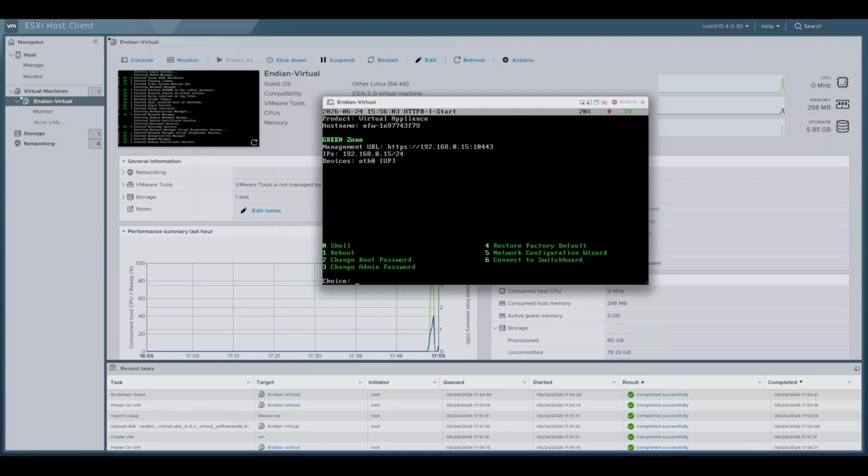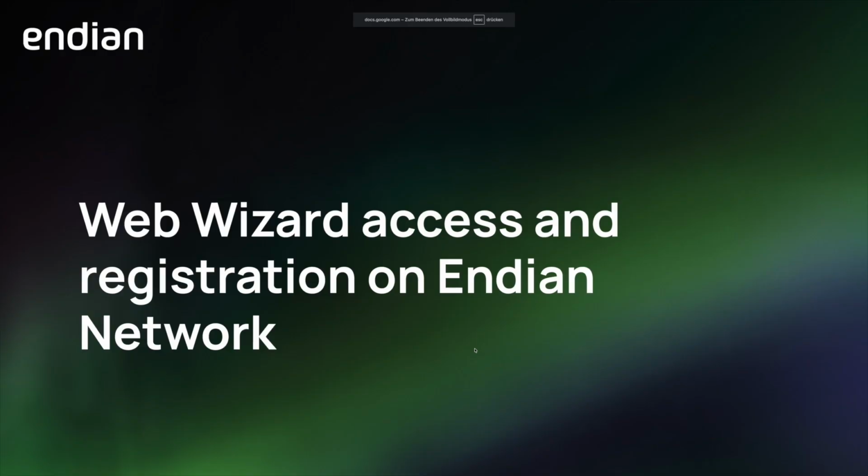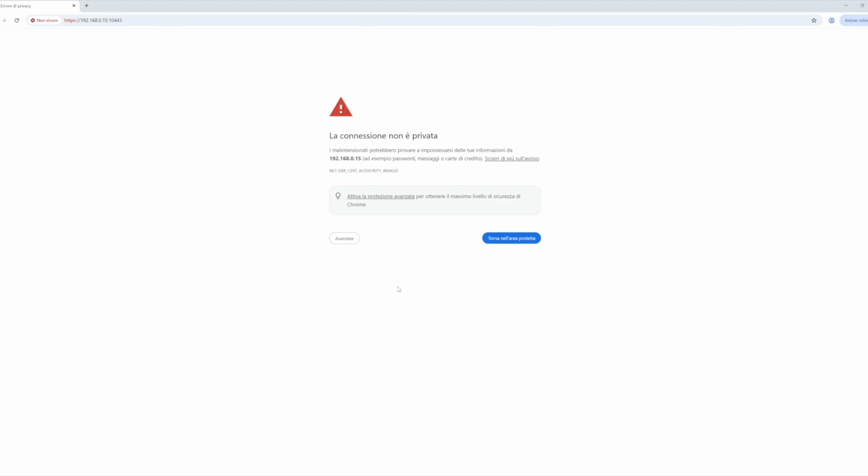If no DHCP server is available, the default IP address is 192.168.0.15. The next phase involves accessing the web-based setup wizard and registering the virtual license on the Endian Network portal. To proceed with the wizard, we need to reach the IP address